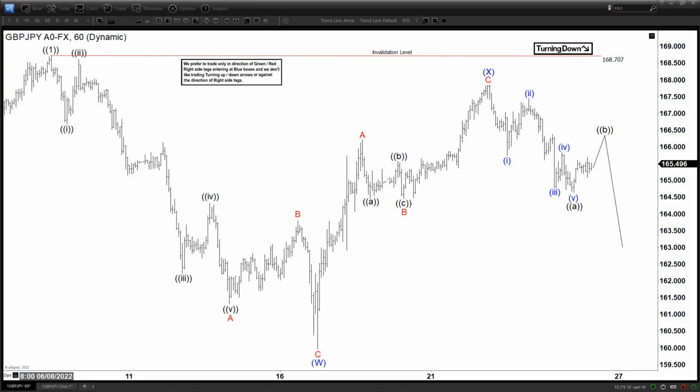This is Henry. Today's Friday, June 24. The time is 2:30 a.m. GMT. Today we are looking at the chart of the pound yen. This is a 60 minutes chart. We can see we ended wave 1 here at 168.7 and now it is looking to pull back or to sell